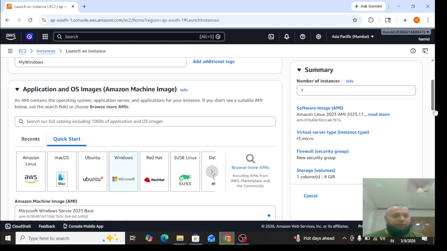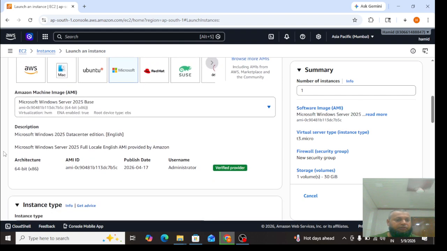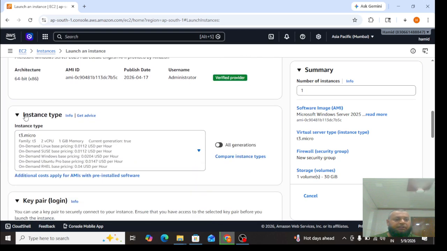Once you have selected Windows, just wait. Yeah. Then you can see Microsoft Windows Server 2025 is selected. Next, instance type, right, guys? This is also important. It's a family of instance types like T2.micro. See, there are many. If you go here,